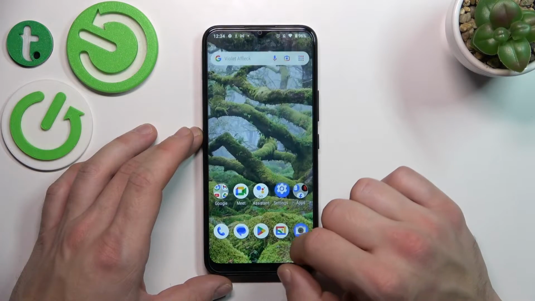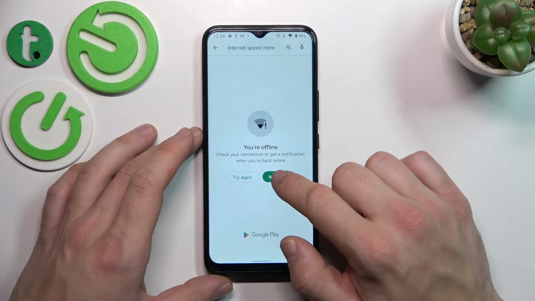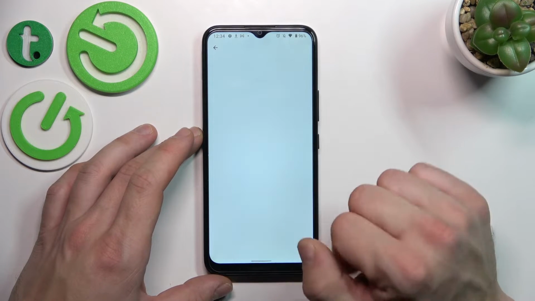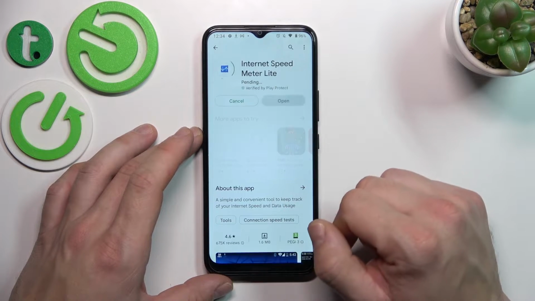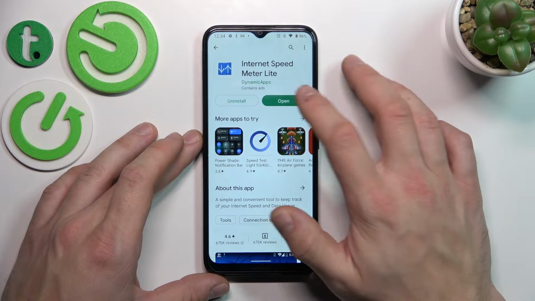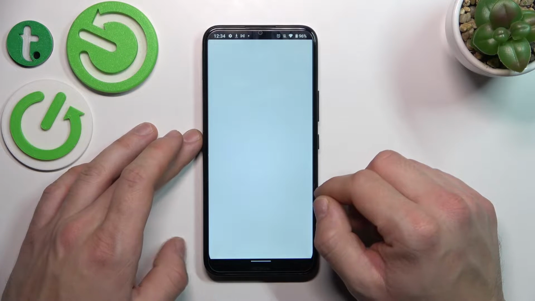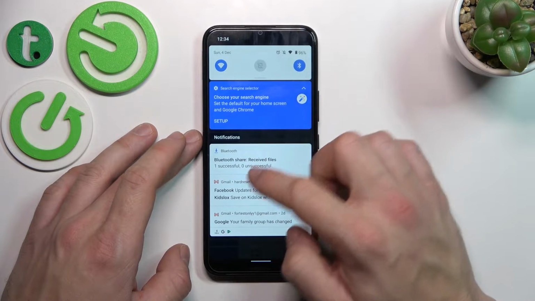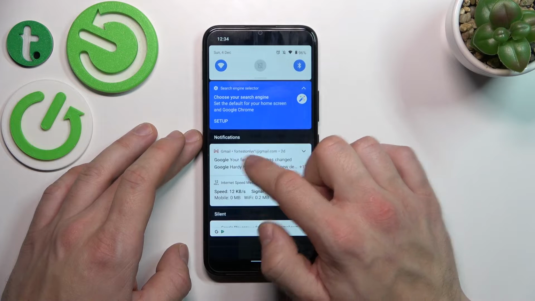In the beginning, let's enter Play Store and search for Internet Speed Meter app. Download it. Now open it. And if the internet speed indicator wasn't added,